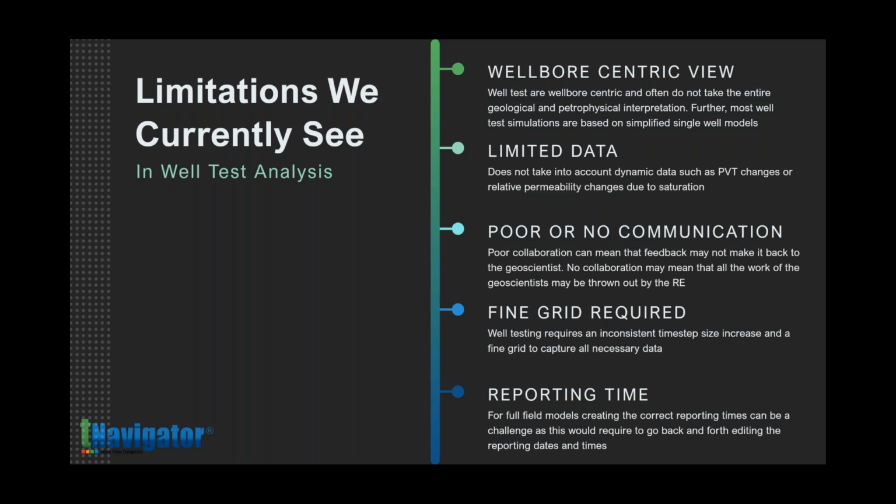So there's also limited data. It does not take into account dynamic changes such as PVT data and rel perm, which change due to saturation or pressure changes. Another big challenge is poor or no communication, which can mean that any conclusion that comes from a